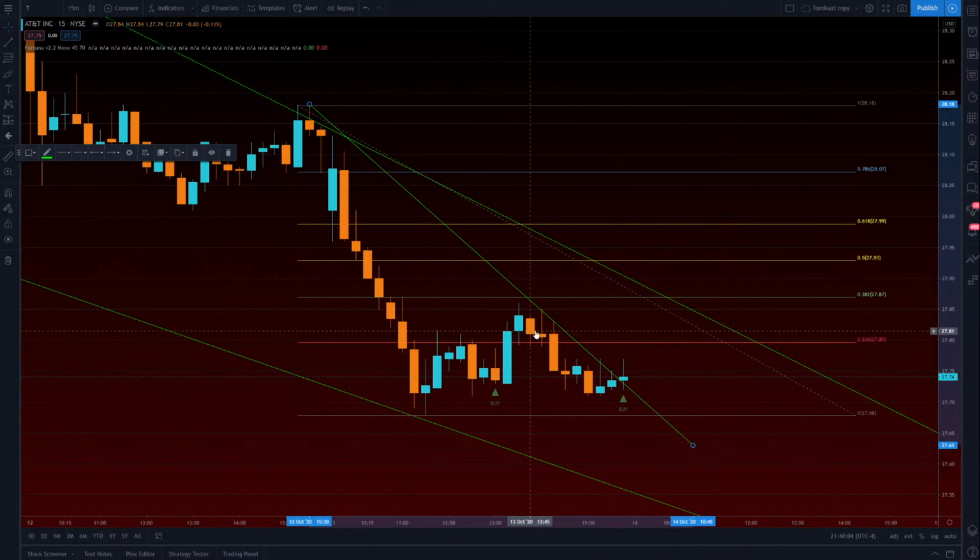And if I did, if anything, I would have probably sold here and taken a put because it got rejected off the 38, which is a big no-no in fib retracement theory. So...